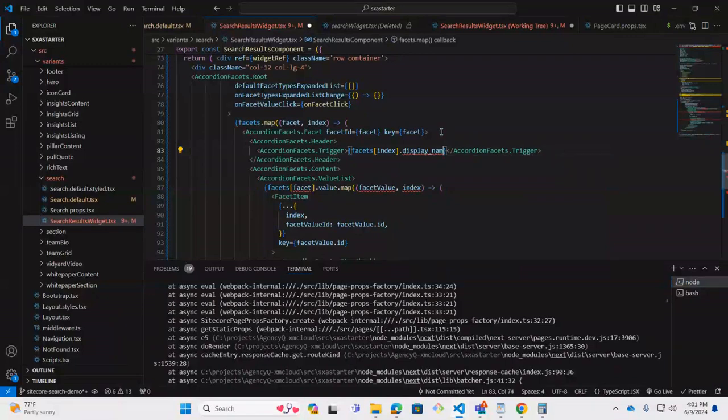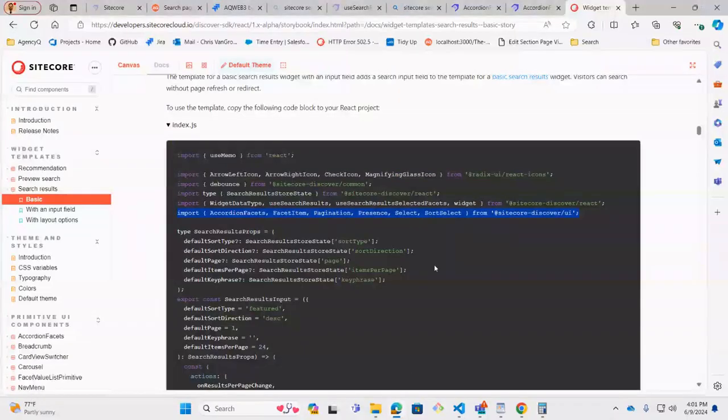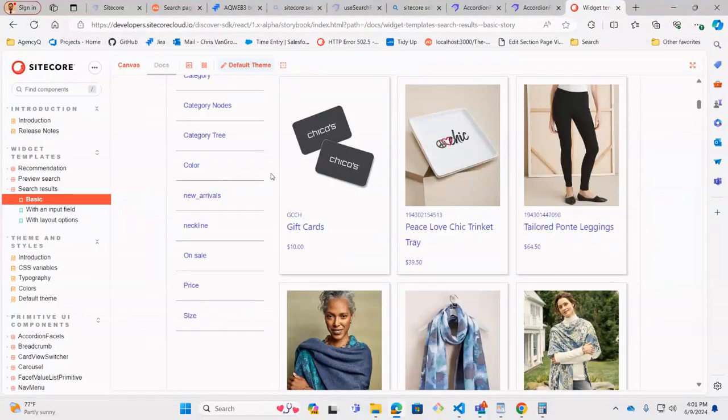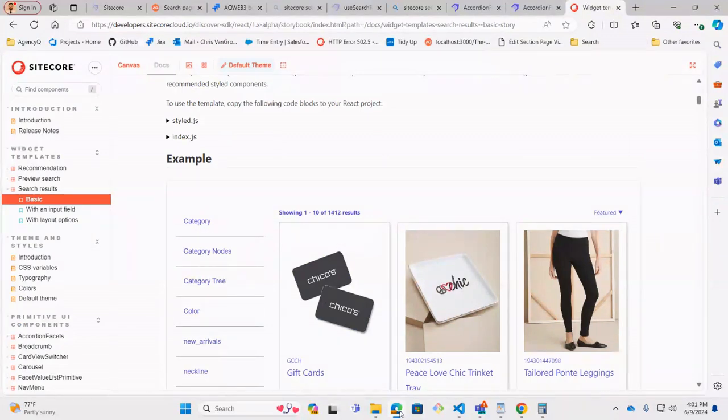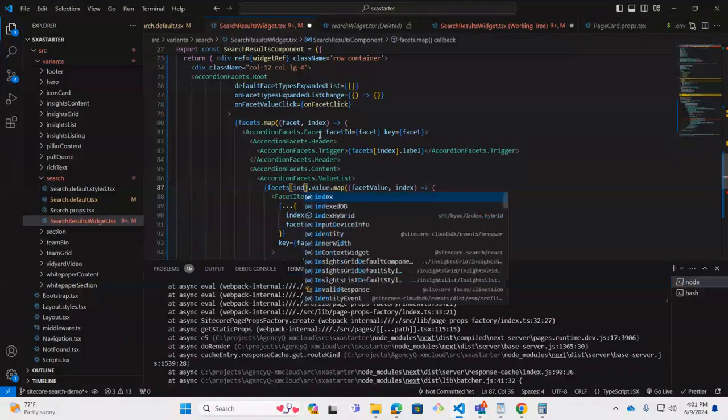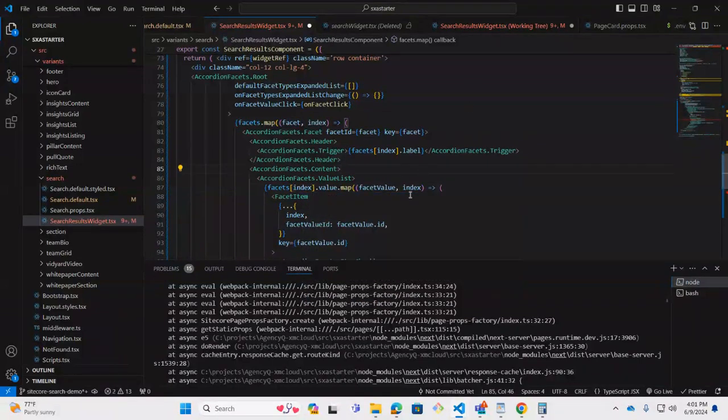And it's not display name, I think we just have it called name, is it? Name. Okay. Or is it the trigger that we want here? The trigger is probably going to be the label. That's going to be this part right here. This is going to be the trigger, I believe. So we want that to be the label. Index, facet value,